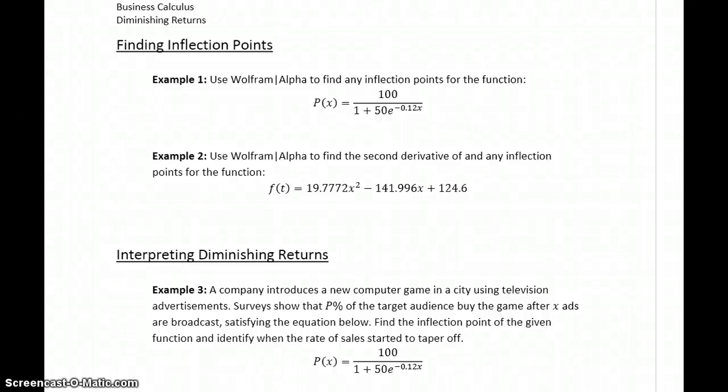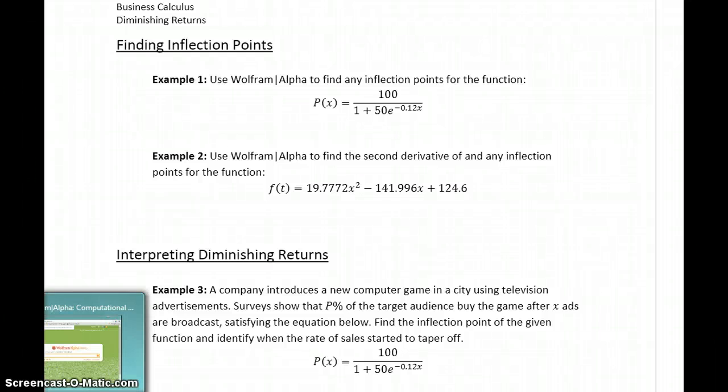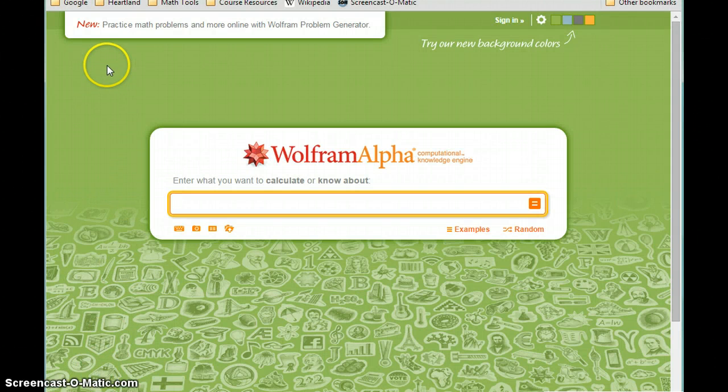In order to find the point of diminishing returns, since that is an inflection point, we need to look at how to find inflection points using Wolfram Alpha. The first thing we'll do, actually before we look at that, is first look at finding the second derivative of a function using Wolfram Alpha. So it's very similar to our process for finding the derivative, but instead of stating derivative of whatever function, we will want to say second derivative